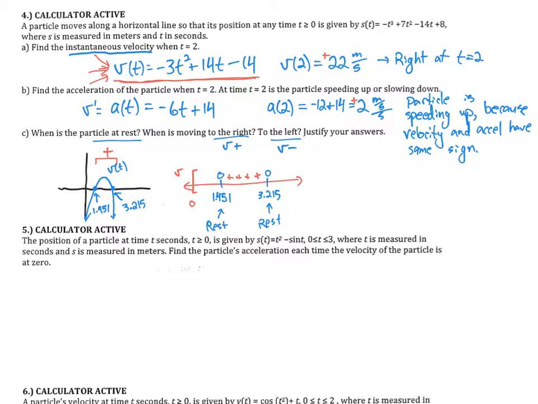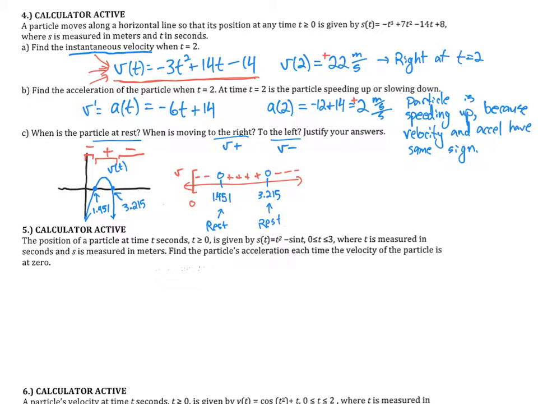And then before the first rest time, the velocity graph is below the x-axis, so the velocity is negative before that first time. And after that second point in time, my velocity graph is negative. It's below the x-axis, lives in negative land, so my velocity is negative after that. What we're basically doing here is examining this graph for places where the graph is literally positive and literally negative,